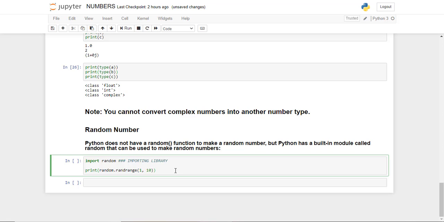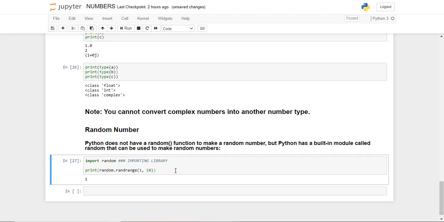Let's take a look. If we run the cell, we get the number 1. Because these are random numbers, or technically speaking pseudo random numbers, every time we run the cell we're going to get a different number. So if you want to create a game based on chance, for example a poker card game, then you might have use for random numbers. They are also used in machine learning quite a bit because we want to randomize the data before we do any analysis. So that's it for the